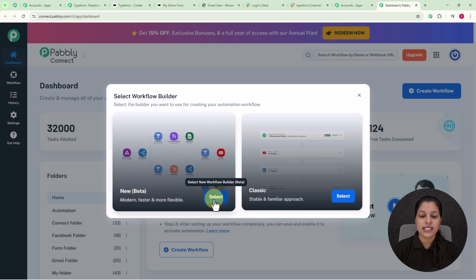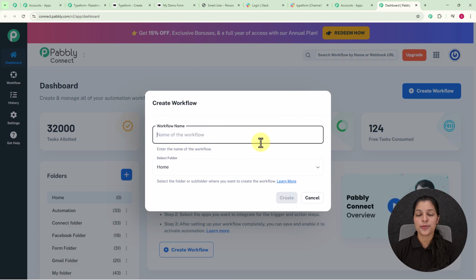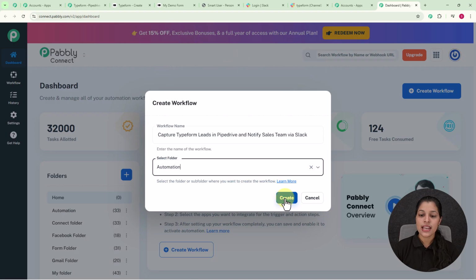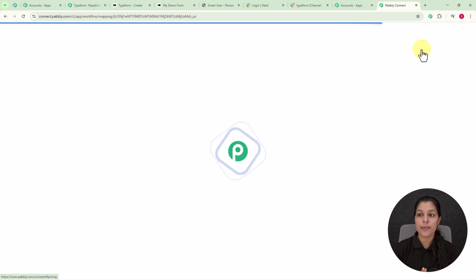So now let's click over this select button, and here we are getting this dialog box where you have to enter the workflow name. So now let's provide a name to my workflow here. So here I am providing it the name capture Typeform leads in Pipedrive and notify sales team by Slack. And afterwards I am going to select my folder as automation. Now let's click over this create button, and here you can see we are receiving this pop-up